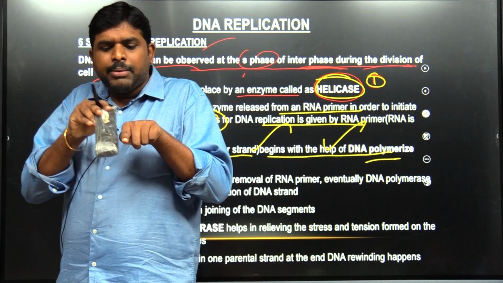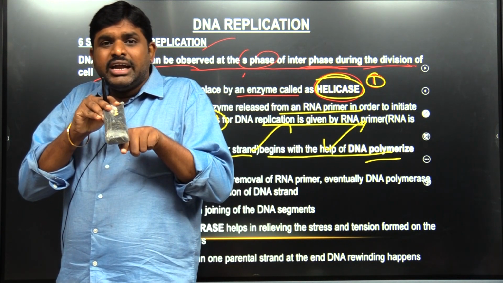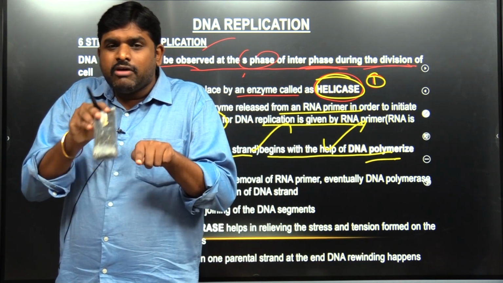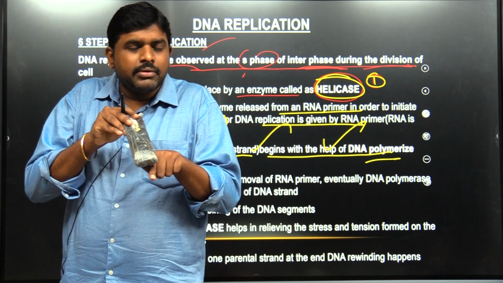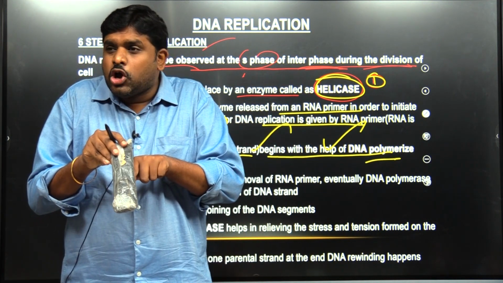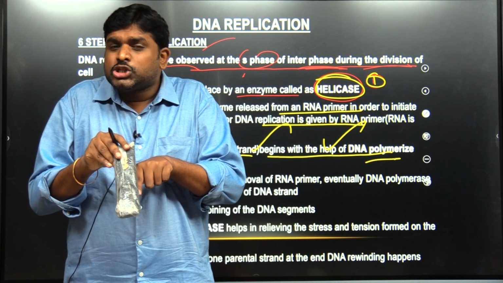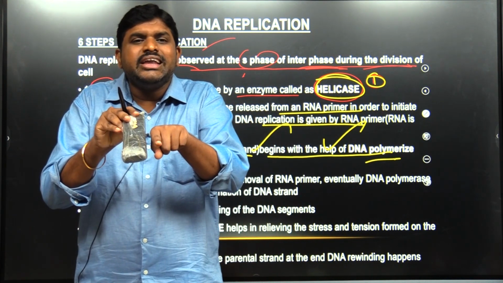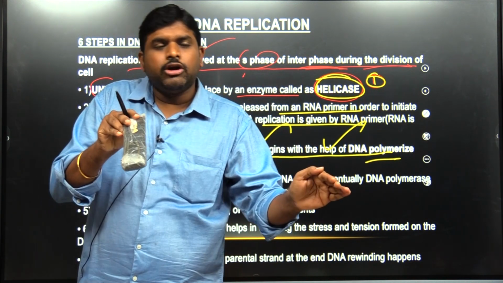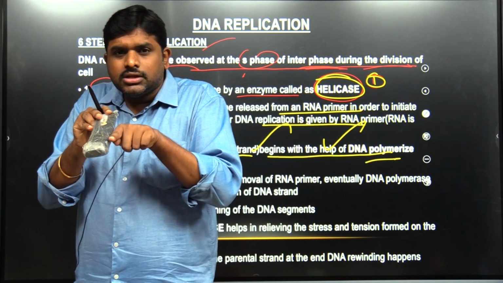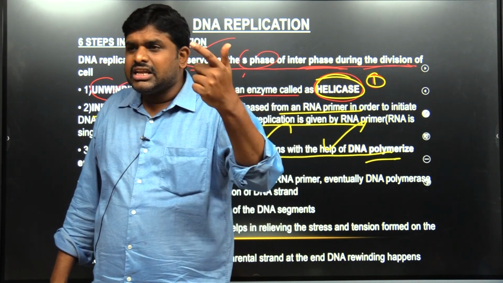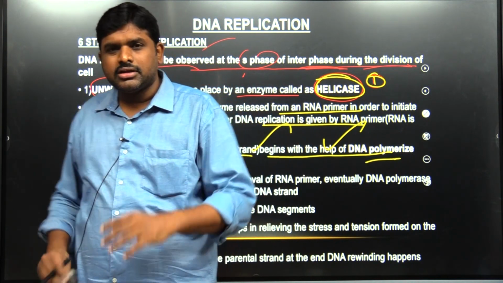But once the initiation has happened, the RNA primer will stop, and DNA polymerase will be responsible for the continuation of the RNA primer into a DNA strand. Why? Because the stability is given by the RNA primer. Then the RNA primer is removed, and the DNA strand that continued from the RNA primer, because of DNA polymerase, becomes a parent DNA and a daughter DNA strand, both evolving. This side also the same, this side also the same. So this strand became one, this strand became one. So one is helicase, another is primase, another is DNA polymerase.